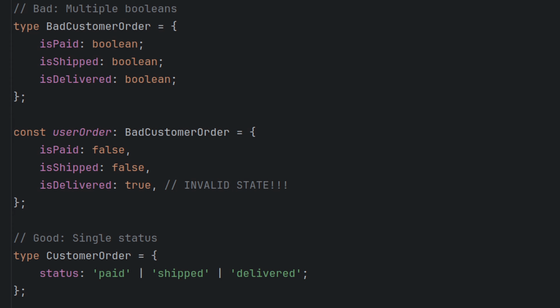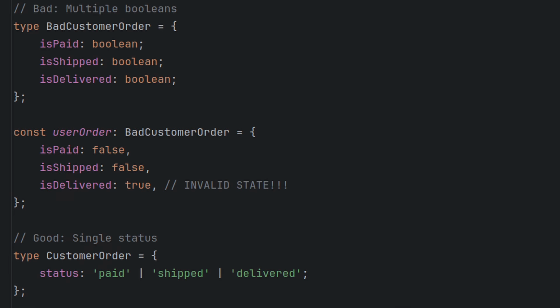If they've shipped, that's another Boolean. And if it's delivered, a third Boolean. The problem here is you can end up in a situation where someone accidentally set, let's say, delivered to true, but it was neither paid for nor shipped. Is that a valid state? No, of course not. Instead, you should be tracking the user's state, since you can treat that as a state